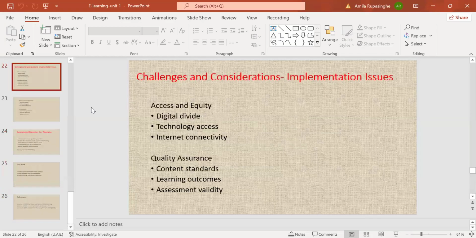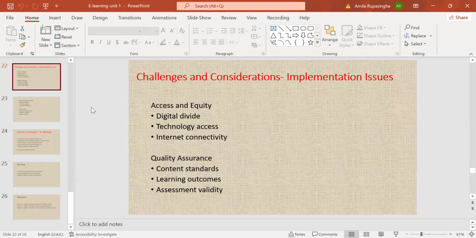I think I haven't explained challenges and consideration. However, I will explain when it comes to e-learning challenges, right? And here I explain as implementation issues. Implementation means we implement something, right? When we execute, when we do it in the real practical place, in the classroom or somewhere else, we have to practically do it. That is the implementation, right? When we implement whatever we have decided, whatever we have planned, it will be challenging, and we have to consider lots of things, right?